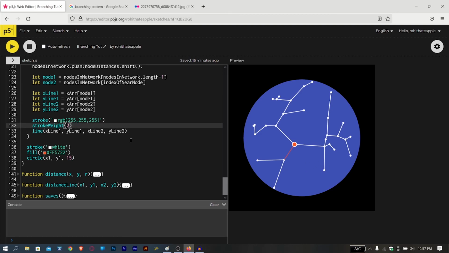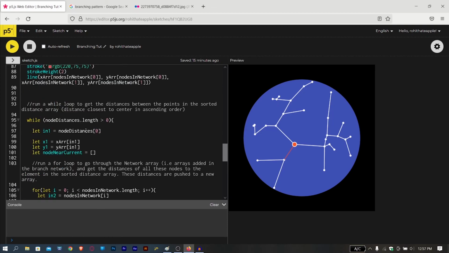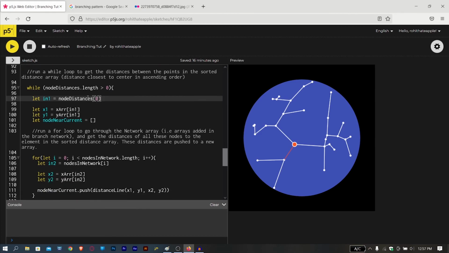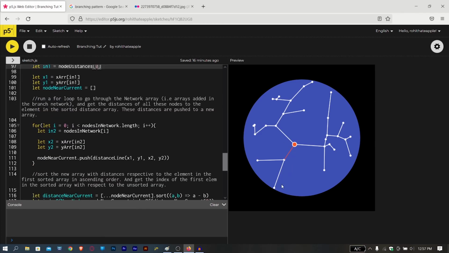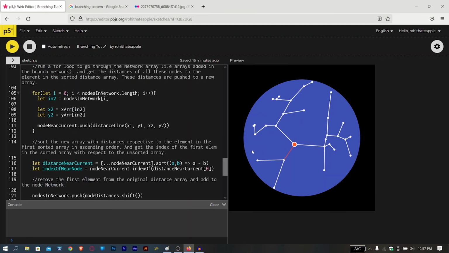Now after that's done, it's going to go up while length is greater than 0. We are still waiting for the point cloud to come to 0. So again index 1 is equal to node distance 0, which means the next closest point, which is going to be this point, right? That's what we're taking here. X and Y is going to be this point, and let node near current, and we're going to run a loop iterating through each point in the network. So these 3 points are now in the network, these 3 points,